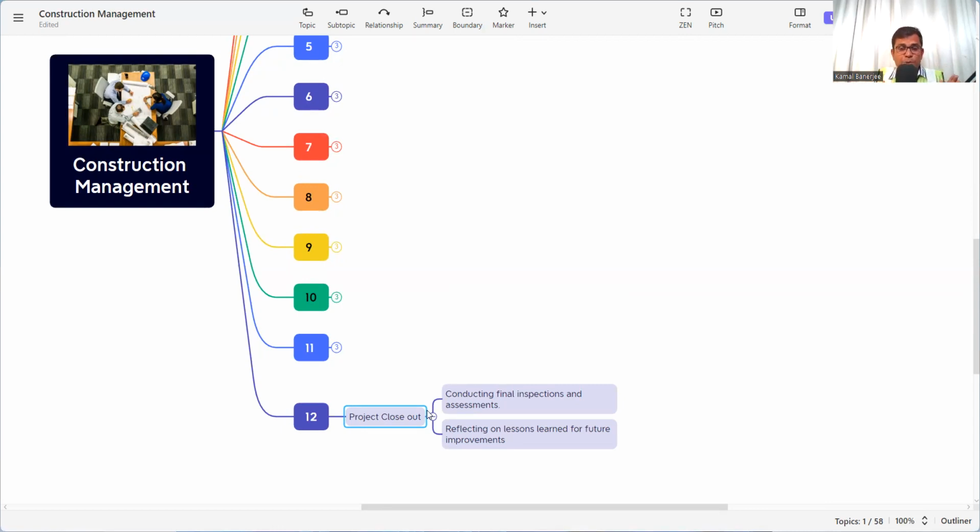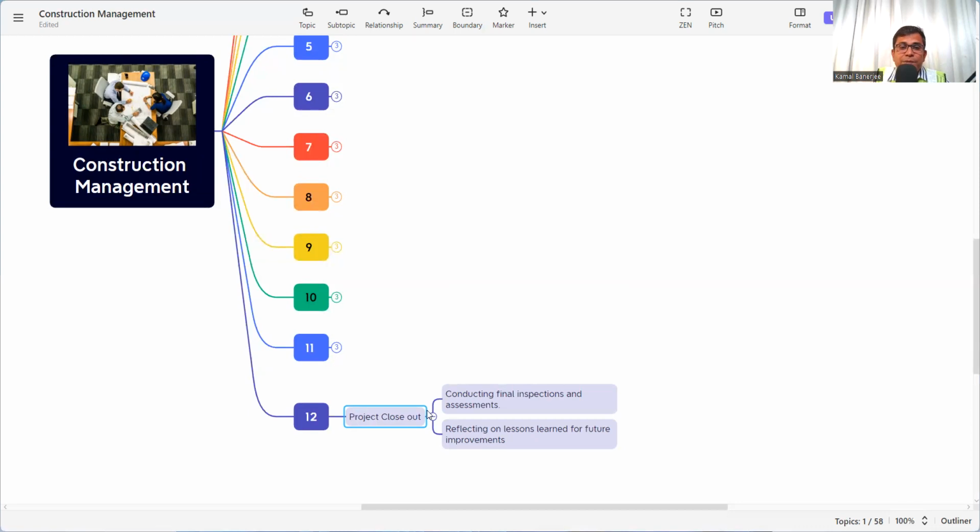Whenever the project finishes or the end product is there, you need to call the consultant or the client for their final inspection. They will come to the project to check this final product, and maybe they will give some snags or some observations. Then you need to address these observations, and again you have to recall them for their acceptance. And if it is accepted by them, that means the project is closed out.